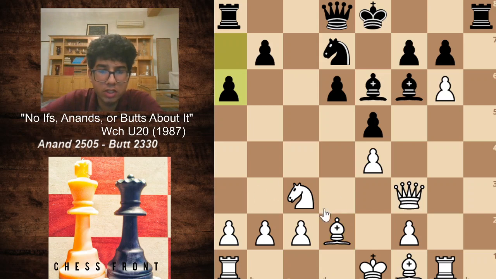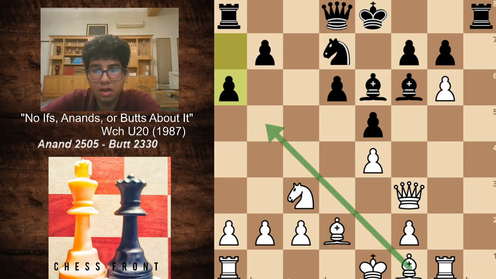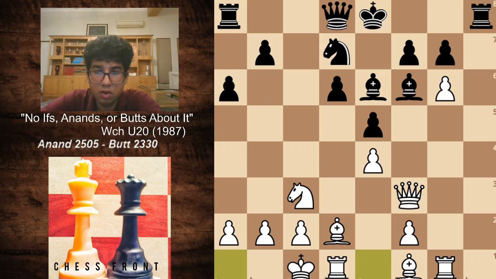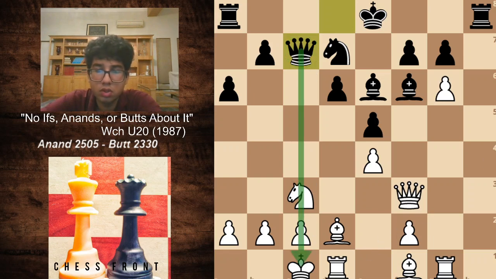So a6 basically prevents both knight b5 and bishop b5 ideas, and maybe even trying to push b5 in some lines. So we have long castle and queen c7, aligning the queen with the king as you should do.